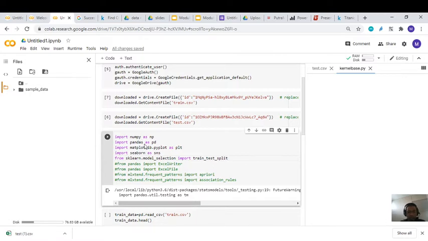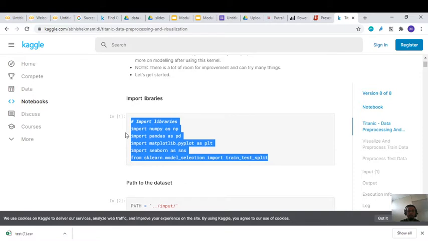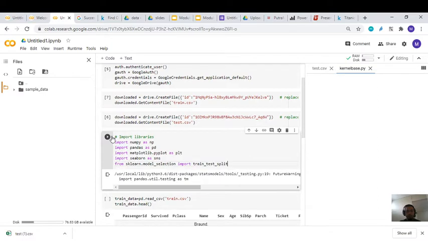Pandas is how we can handle our Excel or CSV data, and also Matplotlib, which is for visualization, and also the others. We copy this from the website, import the libraries, then put it in here, then run.